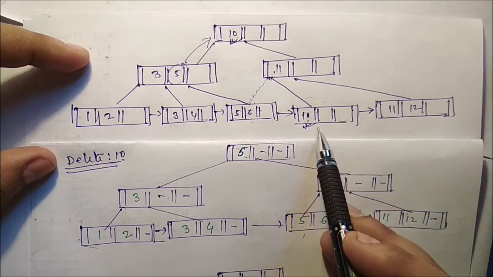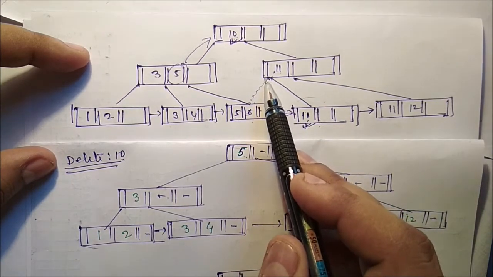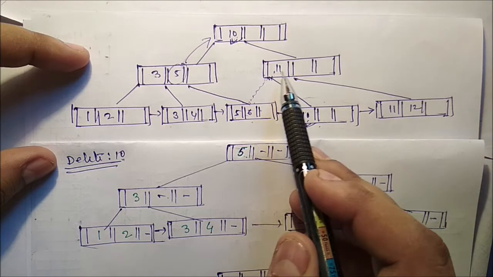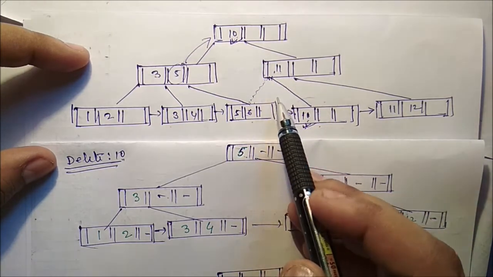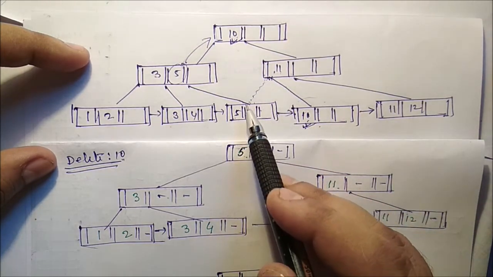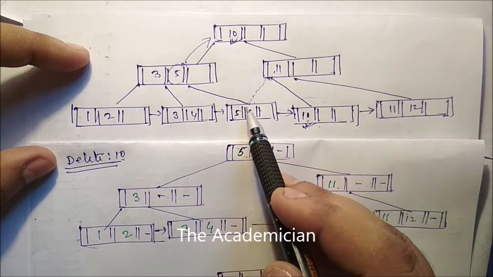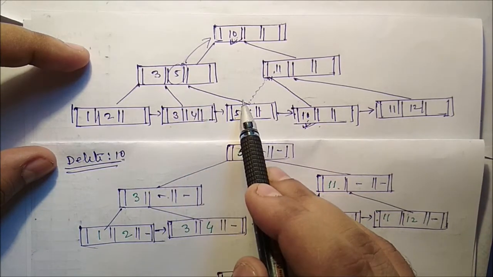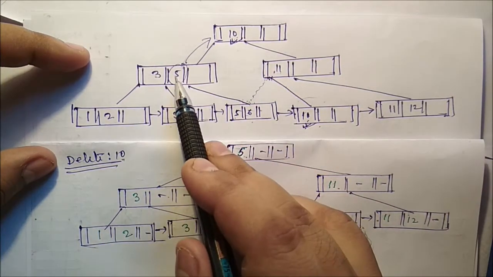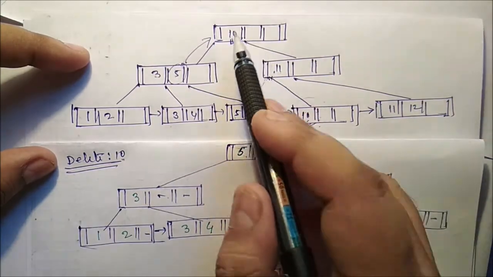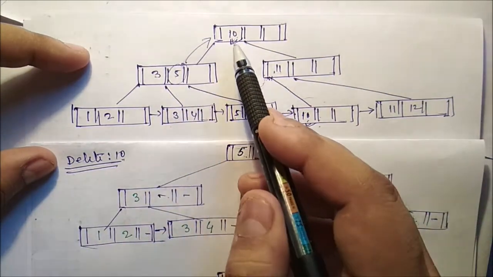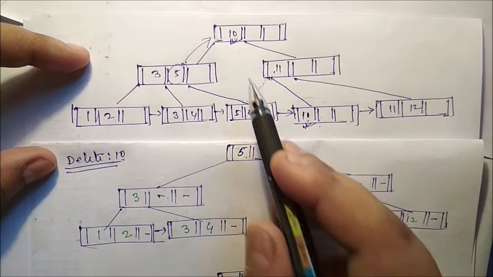Definitely you have to remove this particular node, but we cannot keep it blank here. For each and every node there must be 2 pointers. So you just see the left node and connect with the left node. You have to break this link and connect with this, and this 5 will be shifted here also, because we have to remove this 10. So here the new root key value is what?